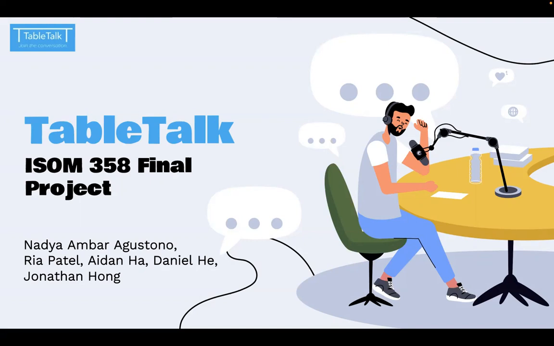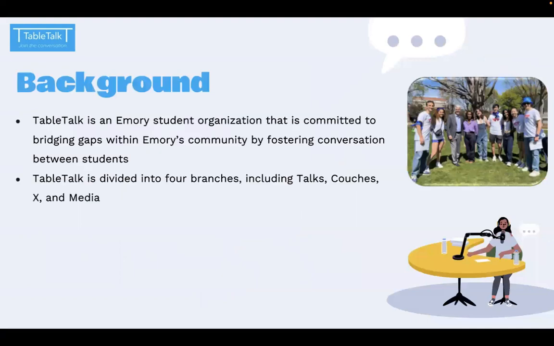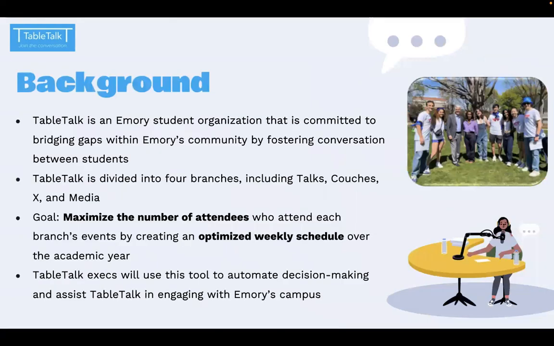Today we'll be working with our client, TableTalk. TableTalk is an Emory student organization that is committed to bridging gaps within Emory's community by fostering conversation. TableTalk has 4 branches: Talks, Couches, X, and Media. TableTalk's goal is to maximize the number of attendees that attend their events by creating an optimized weekly schedule over the academic year. TableTalk exec members will use this tool to automate decision-making and assist TableTalk in engaging with